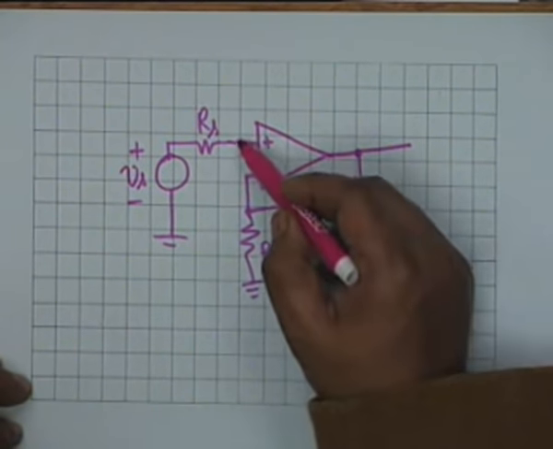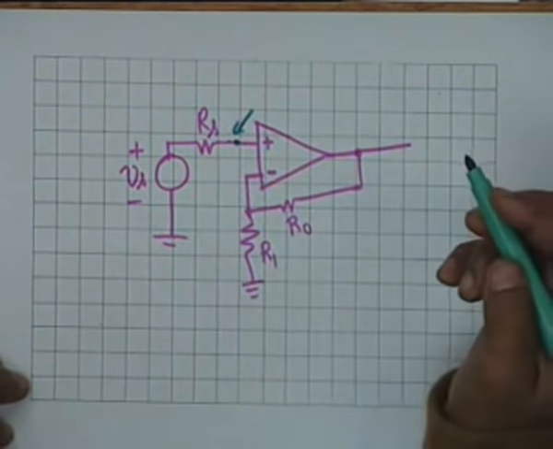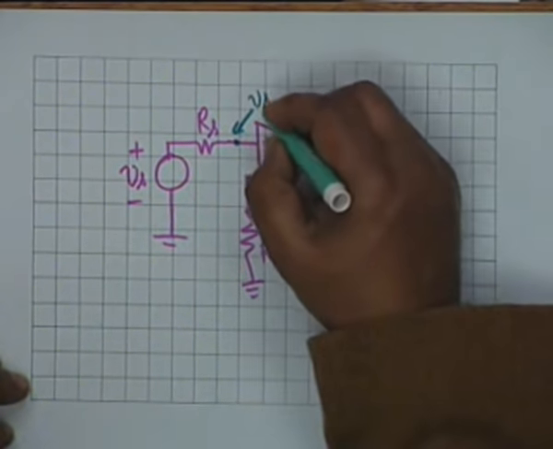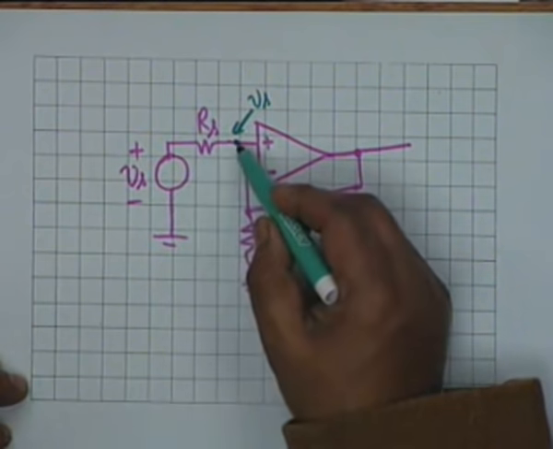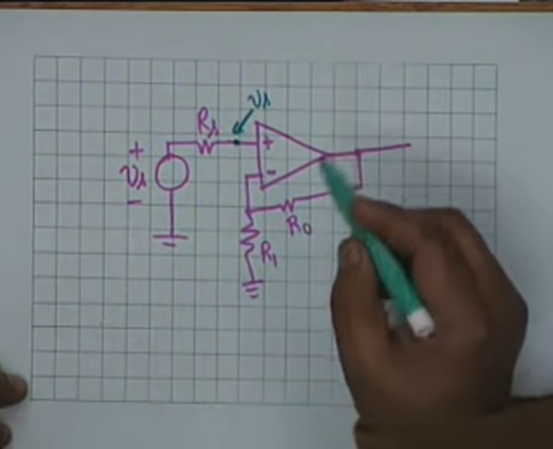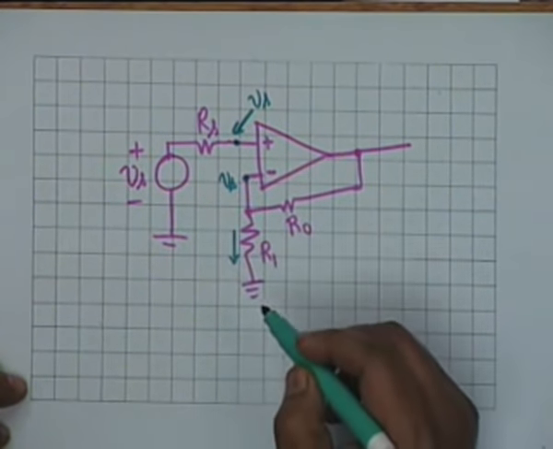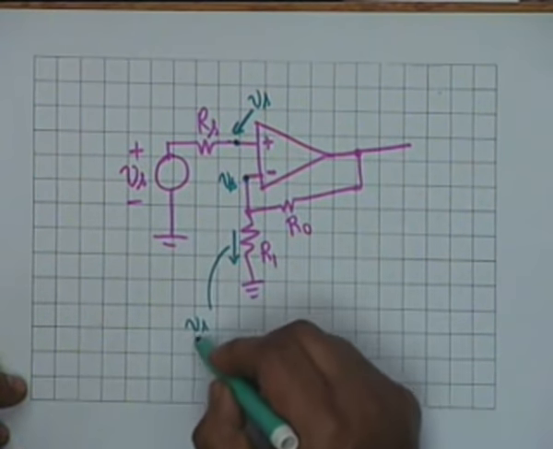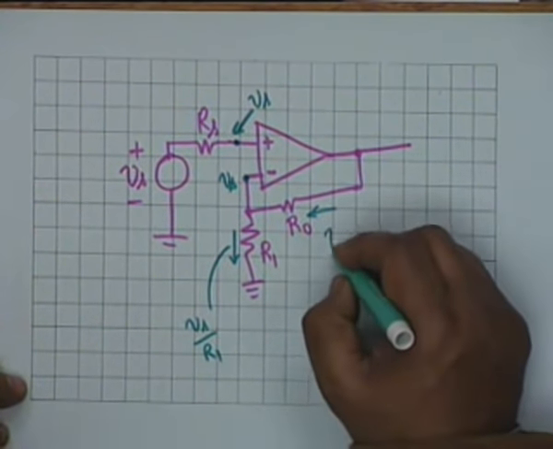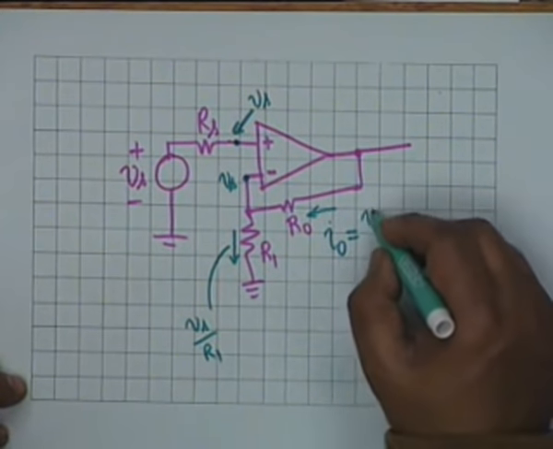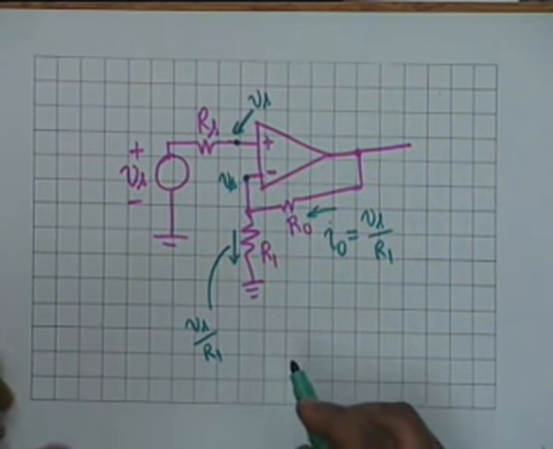what would be this potential for the analysis of this circuit? What would be this potential? Vs. Why? Because the op-amp does not take any current, so there is no drop in Rs, so Vs comes directly here. Is this point clear? Yes, sir. All right. If this is Vs, then what is this potential? Vs. Then what is this current? Vs by R1. All right. What is this current? Okay, let us call this current as I0, then I0 is Vs by R1. All right. Now what is the equivalent circuit?